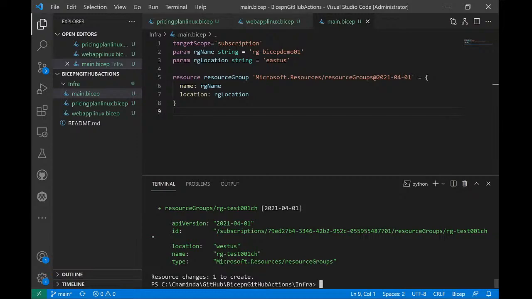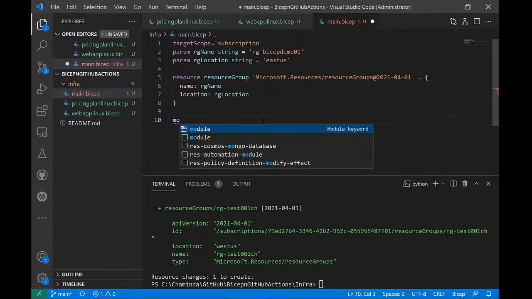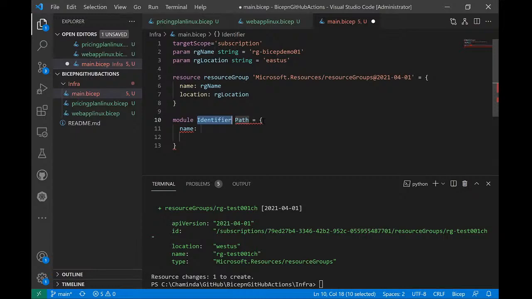So let's move on and start writing the steps necessary to create the web app plan and the web app. Let's try to get the module. A module can be created using this kind of template. Let me say this module would be web app plan or something like that. Web app plan. Okay, make it capital. And then here I need to find the pricing